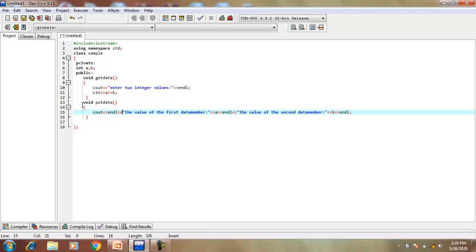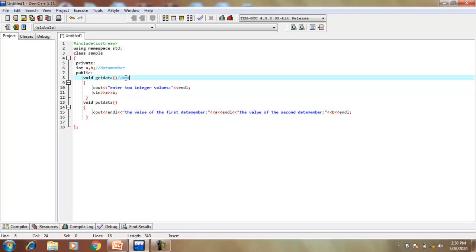So in this class first I declared the data members, and these data members are private. Then there are the member functions.